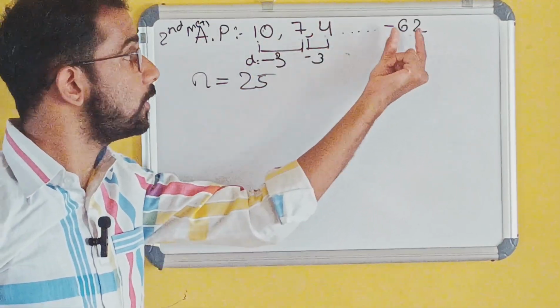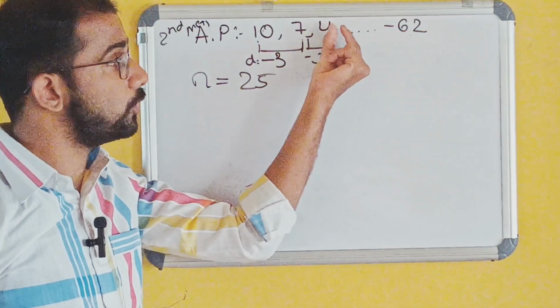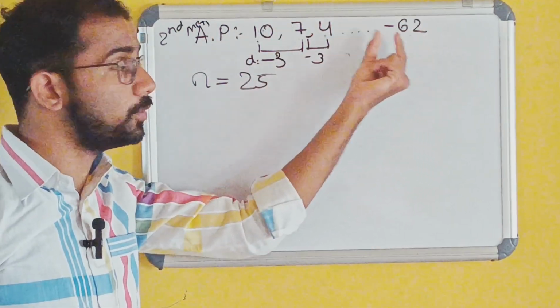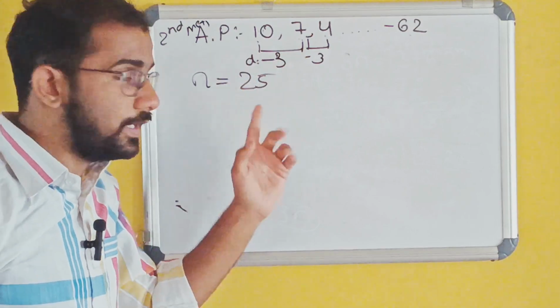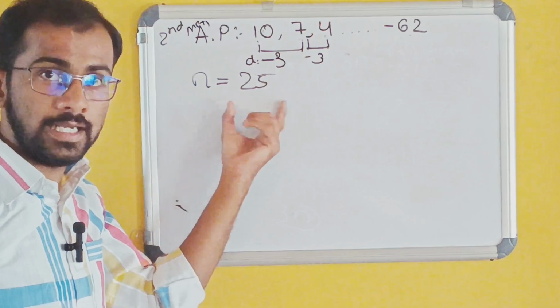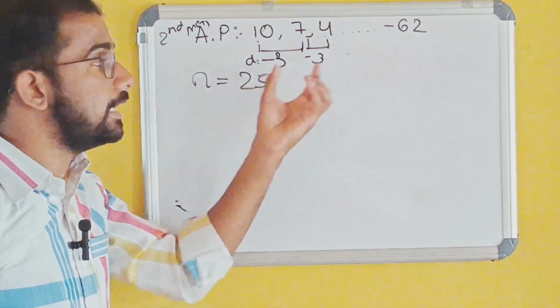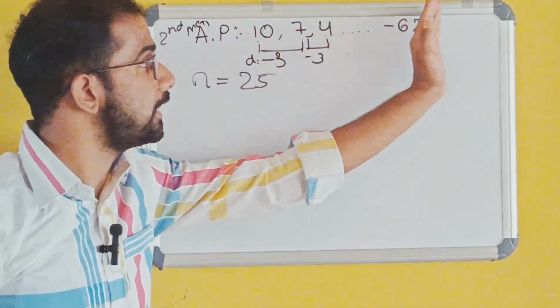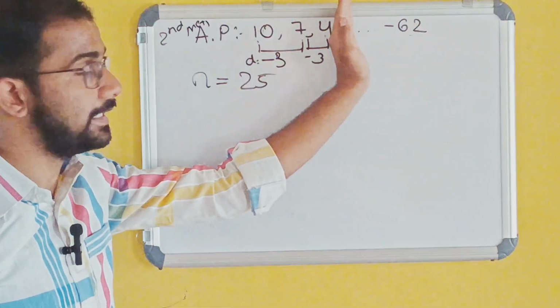We have to start from 1, 2, 3, and so on up to the 11th term. Now we have calculated n as 25. There are 25 terms. If you subtract the 11th term,